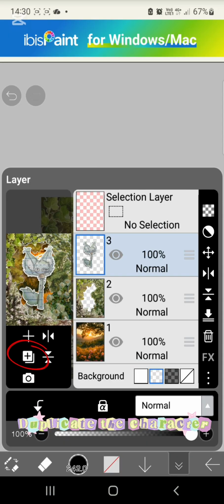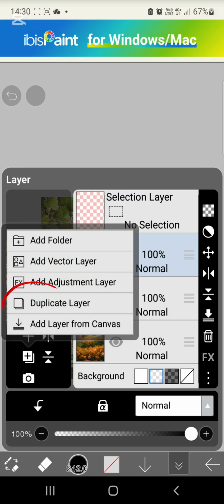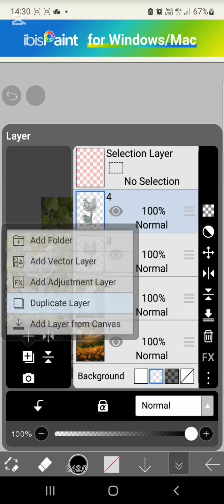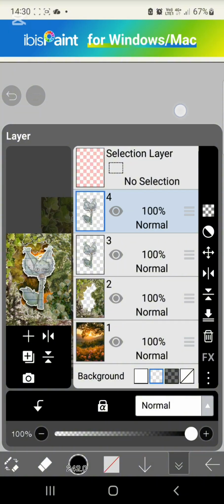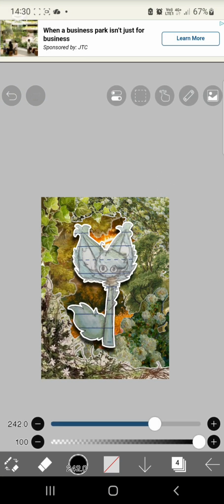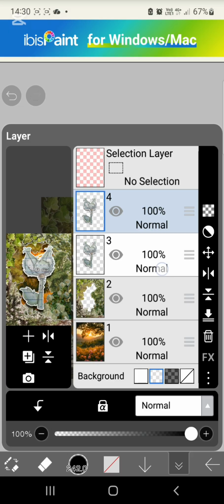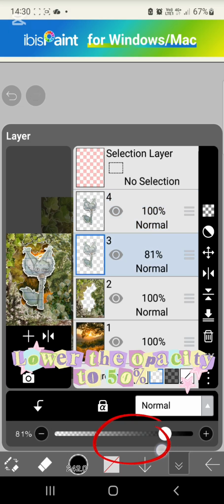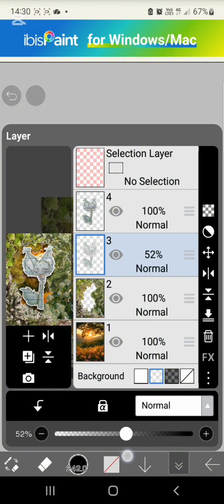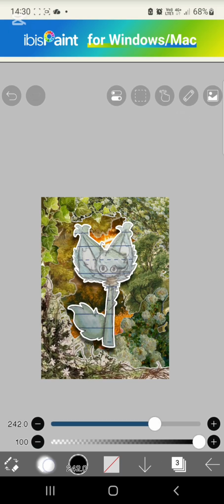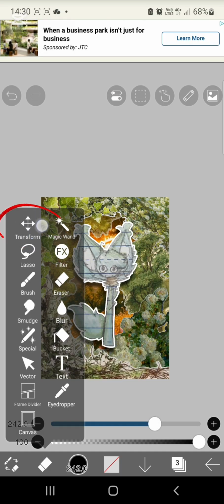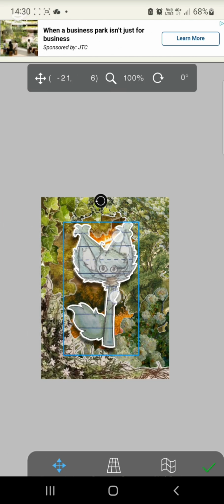Duplicate the character. Lower the opacity to 50%. Make it bigger.